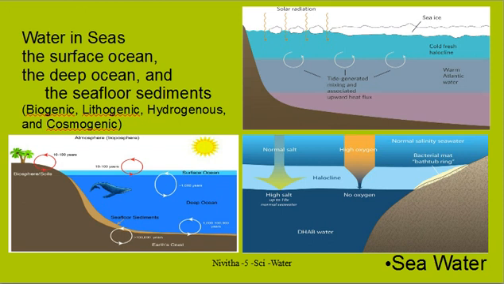So what you see here is how the water comes and what the qualities of the water are in the different layers. The surface ocean is different from the deep ocean, and then there are sea floor sediments, and below that is the earth's crust, and different living beings live in different layers or levels of the seawater. The salinity is normal on the top, and when you go below it is high salt. And on the top you have oxygen, but when you go down below there is very little oxygen in the water deep in the ocean. This sedimentation is also called the bathtub regime of the oceans.